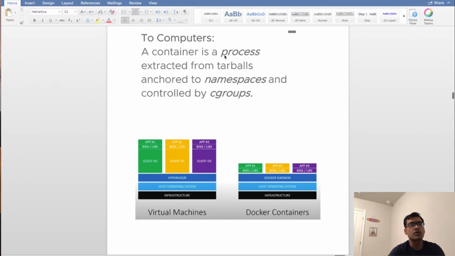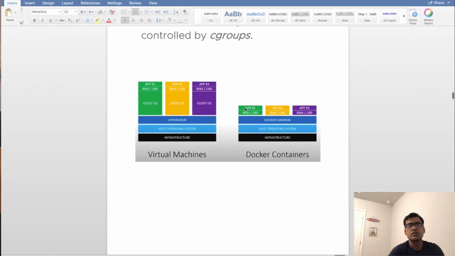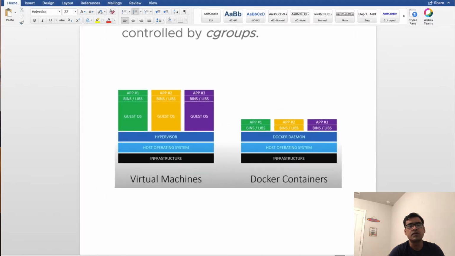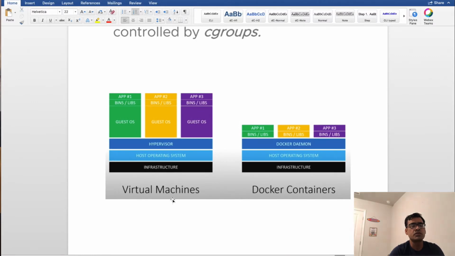A container is a process extracted from tarballs, anchored to a namespace and controlled by cgroups. So Docker is kind of an abstract concept, right? Controlled by cgroups, and it's a part of a namespace. Now this is the most famous